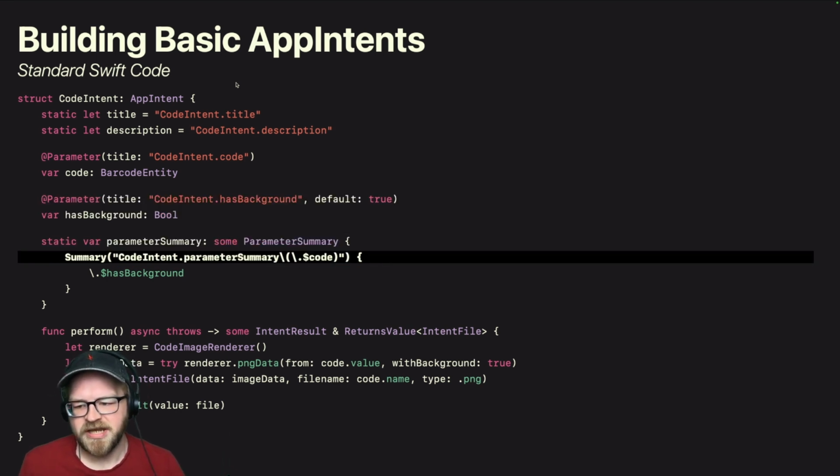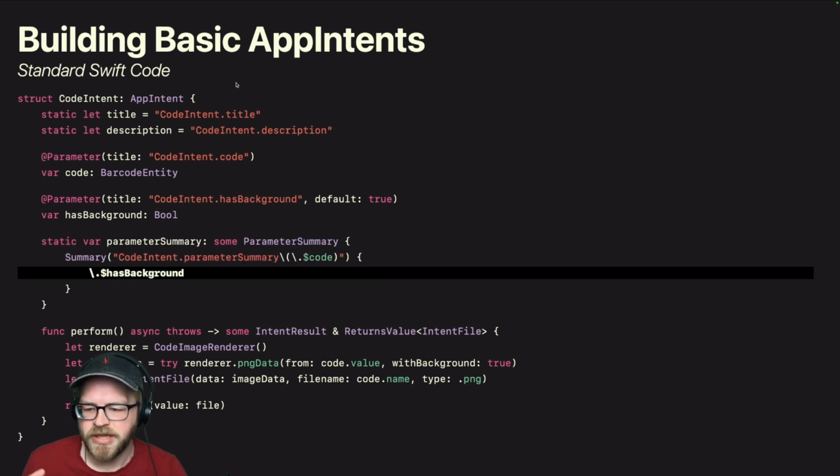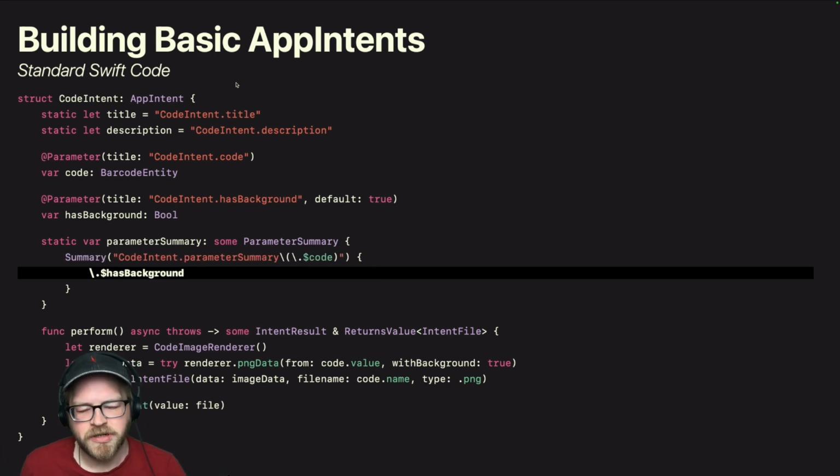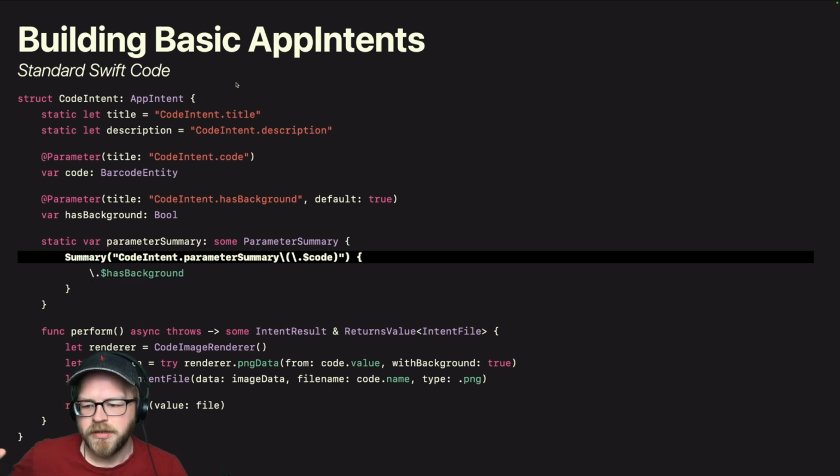And then we have to provide a summary, and this is how it appears in shortcuts. Again, I'll show it in a minute. And then this is what's presented to them. But then in here, we have all of our optional parameters. Or I guess hidden parameters. They're not optional. We have hidden parameters down here. So this will show what our text is and then have a reference to the code in there.